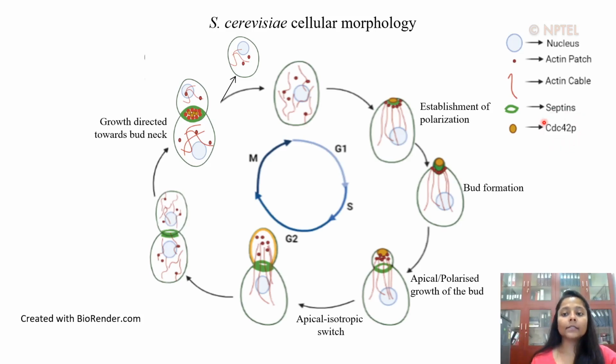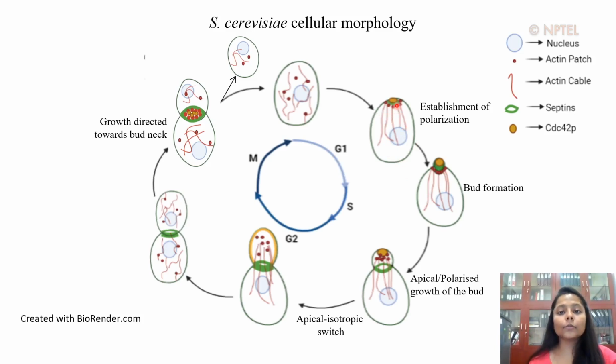The activated CDC42 is then recruited in a high concentration at the bud site, highlighted here in yellow color. CDC42 then employs a number of effector molecules which regulate a number of downstream events. They are the recruitment of the septin ring, clustering of the actin patches, polarization of the actin cables and glucan synthesis. Together all these events lead to the formation of the bud. The green color here represents the septin ring.